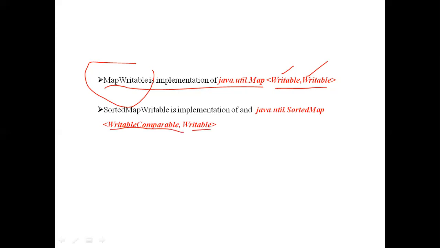The key field must implement WritableComparable, whereas the value field can be Writable. Why? Because in the sorted map, the sorting of the key-value pairs is mainly done based on the keys only. By comparing the keys only, it will sort the values. That's why the key field must be WritableComparable. And there is no problem with the value, so we will take Writable.